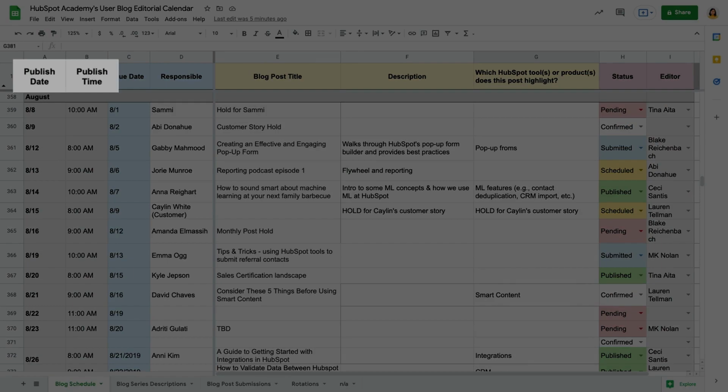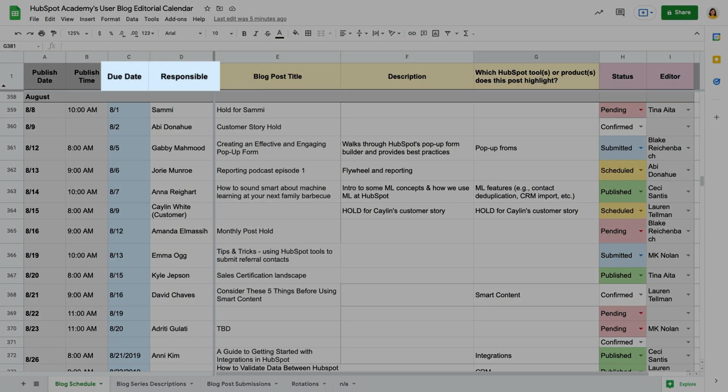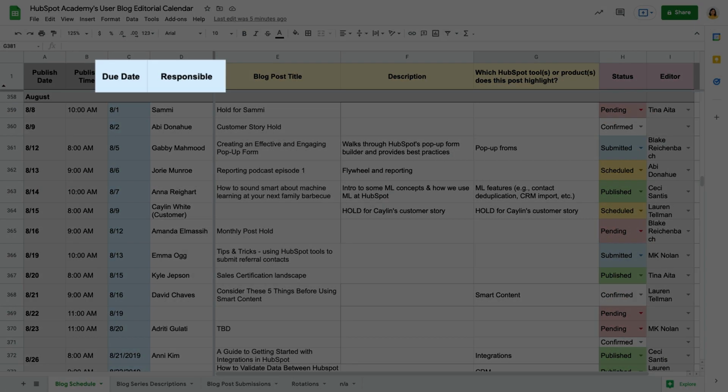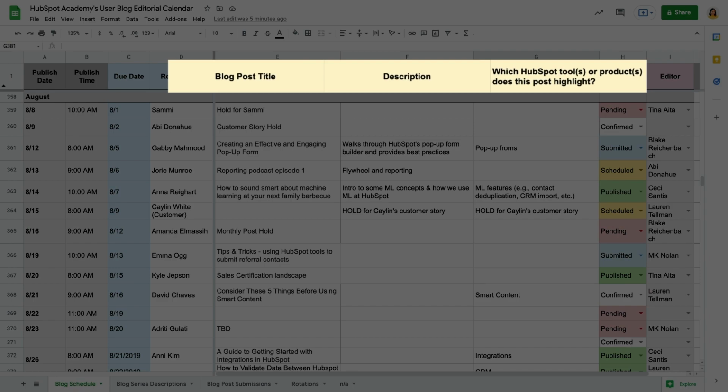The publish date and publish time inform editors when to schedule the post for publication. The due date and responsible columns determine when the article should be submitted and who's writing it. Columns E, F, and G are